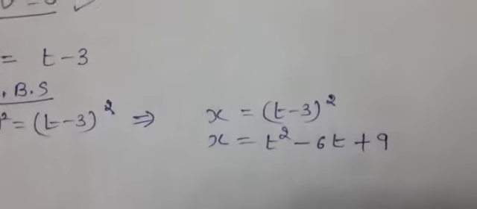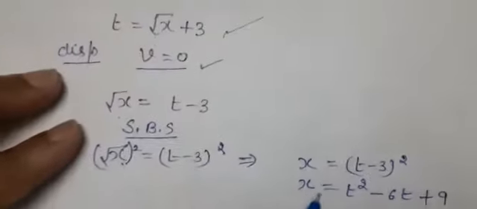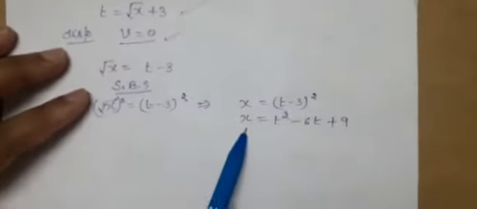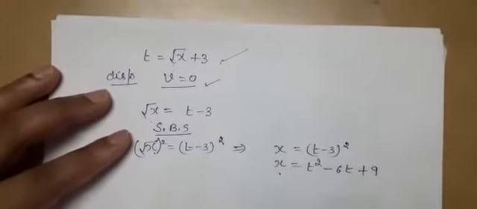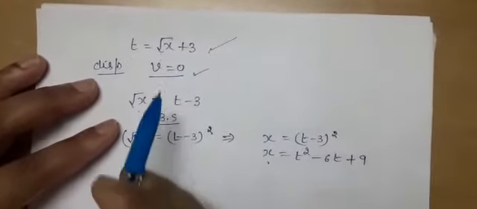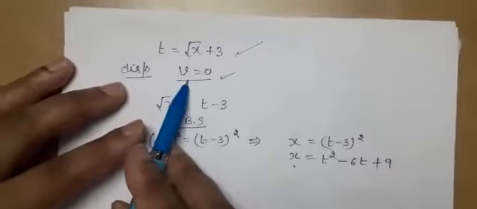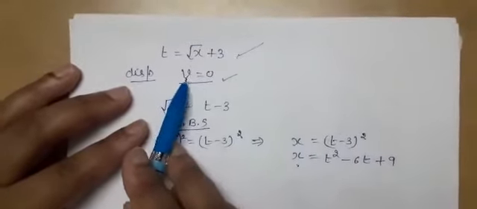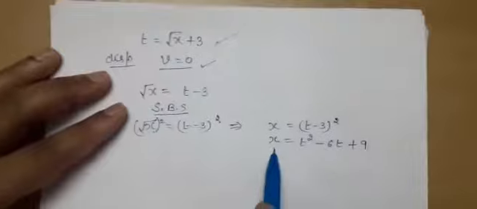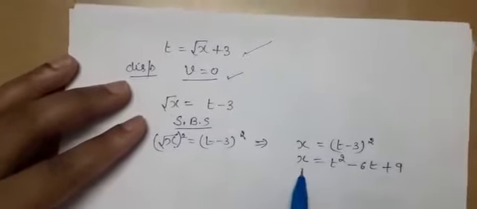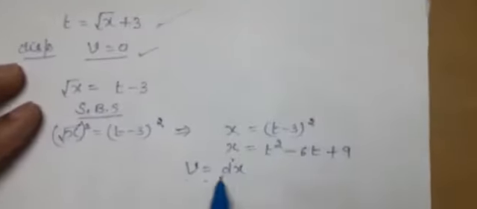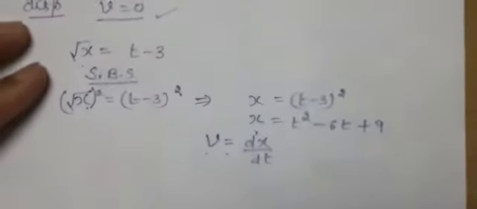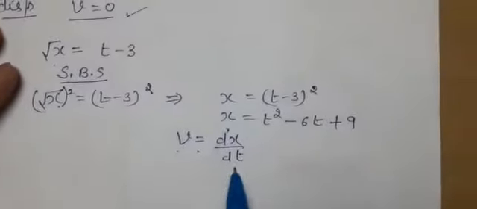Now we have converted this relation into this. Why are we doing this? Because by doing this, we obtain the expression of x in terms of time. In the given statement, the condition given is when velocity is 0, but velocity is not given. So how can we say this to be 0? First of all, we will find this velocity. This is the instantaneous velocity, by taking the first derivative of x with respect to time.